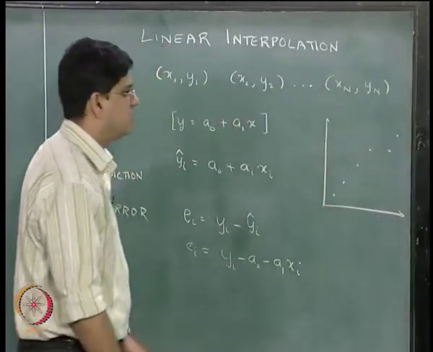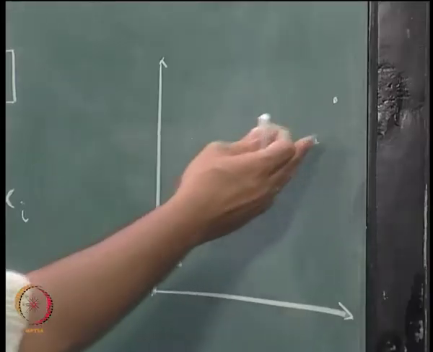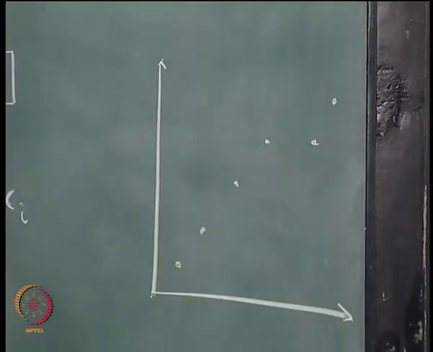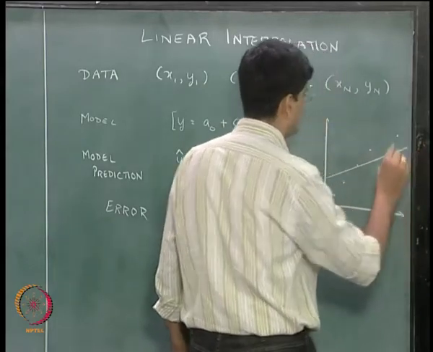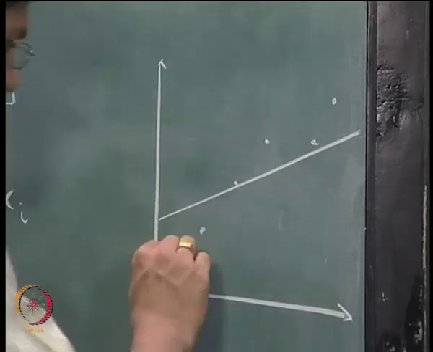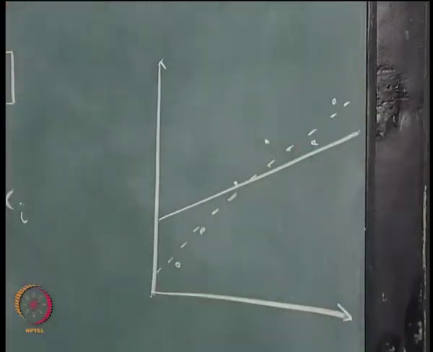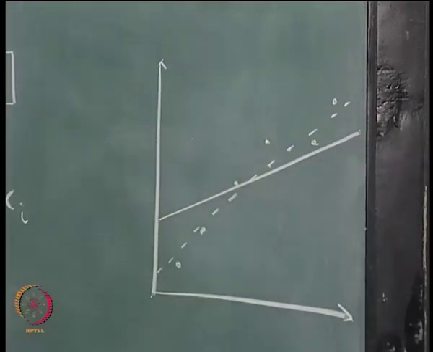We had 6 data points, something like this. Let us say for a given value of a0 and a1, we will get a straight line as shown over here. This clearly is not going to be the best fit line. The best fit line is perhaps going to be something like this. The dotted line is perhaps going to be the best fit line, but let us say this is the particular line that we have right now.